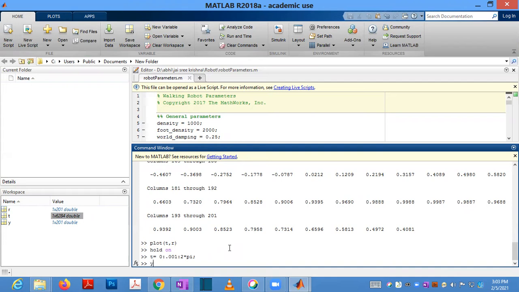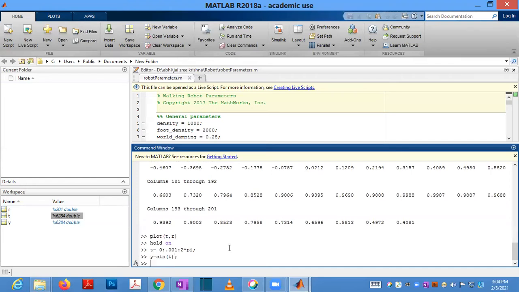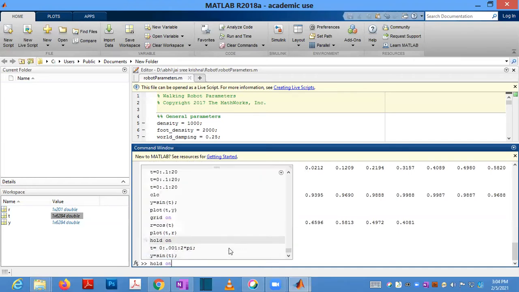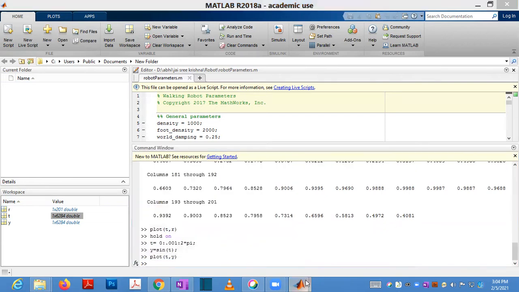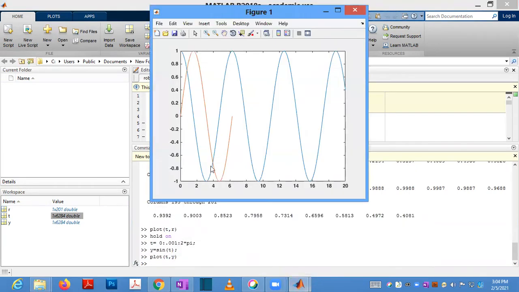And now I am creating y equal to sine of t. It is creating a sine wave from 0 to 2 pi. And I am plotting that one, plot t comma y. This one, the sine wave, it will show.